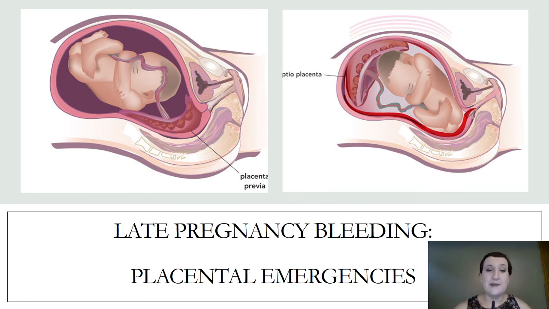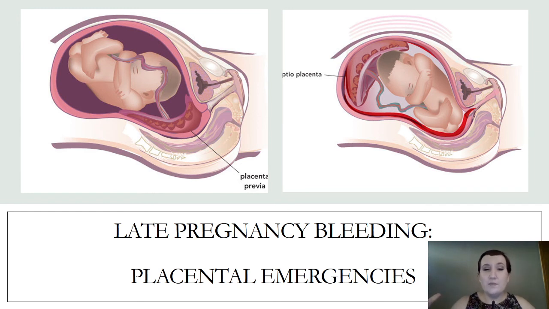It can be a complete placenta previa, in which the placenta completely covers the cervical os, or a marginal, so maybe only partially covering the cervical os, or a low-lying placenta that is still concerning. If it's a low-lying placenta that we identify at that 20-week anatomical ultrasound, then typically you'll see repeat ultrasounds looking for that low-lying placenta to gradually move up the side of the uterus as the uterus expands for the fetal growth.